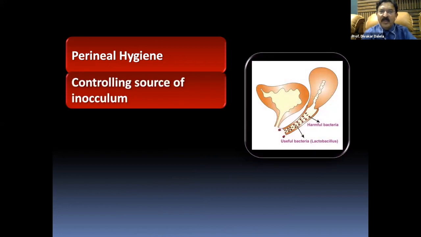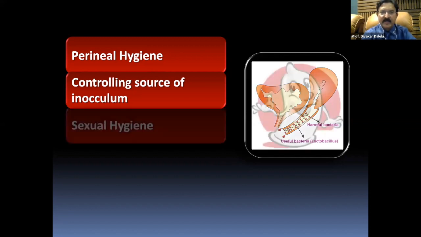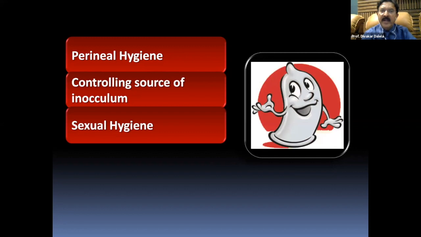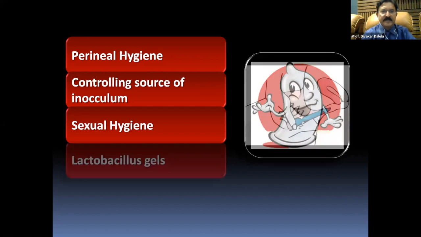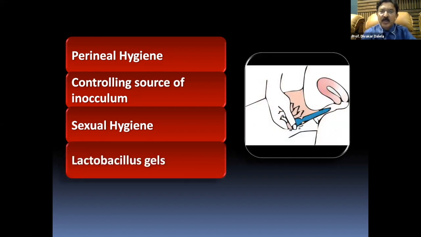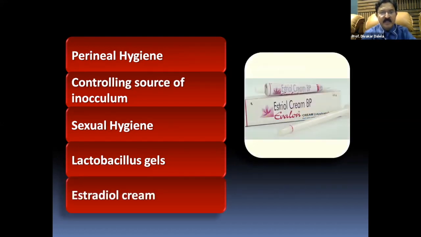They should control any infection in the vaginal area and treat it in time. Don't let it continue, don't let it go on. Because if that is the case, after sexual activity, this infection will go into the urethral passage and urinary bladder. So during sexual activity, you have to maintain proper hygiene. Don't use spermicidal jellies. They cause more infection. Instead, you can use lactobacillus gel inside the vaginal area. This gel gives healthy bacteria which compete with harmful bacteria. And harmful bacteria then do not grow in the vaginal area and do not colonize the perineum.